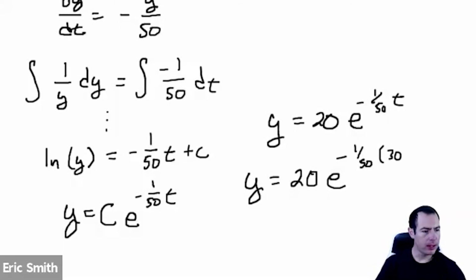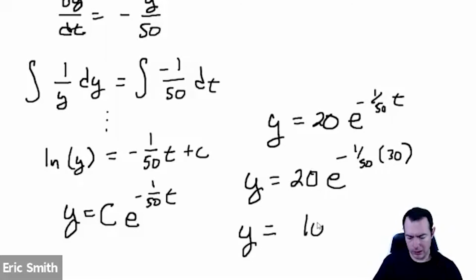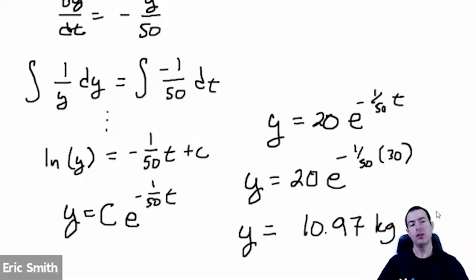All right, so let's plug in the 30 here. Let's see, where's my calculator? So 20 times e to the negative 1 divided by 50 times 30. So it looks like after 30 minutes, I'm going to get almost 11 kilograms of salt left, but definitely a little bit less. And the fun part is, you can really use your intuition to get a handle on